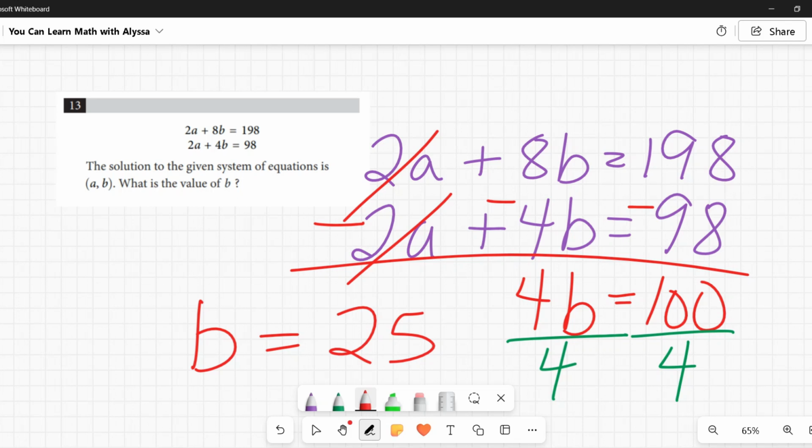So for me, when I look at that, I go, oh yeah, those are going to cancel out. And then 8b minus 4b is 4b. 198 minus 98, I can do that one. There's no carrying of digits or anything like that. They just drop. It gives me 100. I can do that. I can move on. This is one of those problems too that you might choose to do it this way, and then at the end, if you have any extra time, you might choose to come back and put it in your graphing calculator to check your work. It's not a bad idea to check your work,